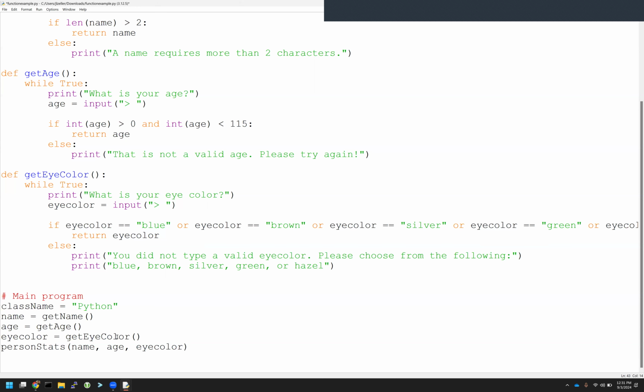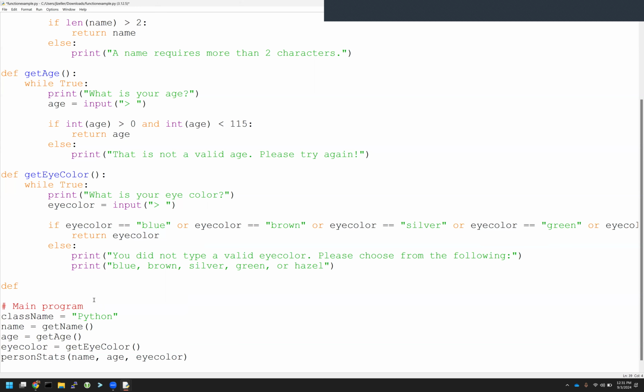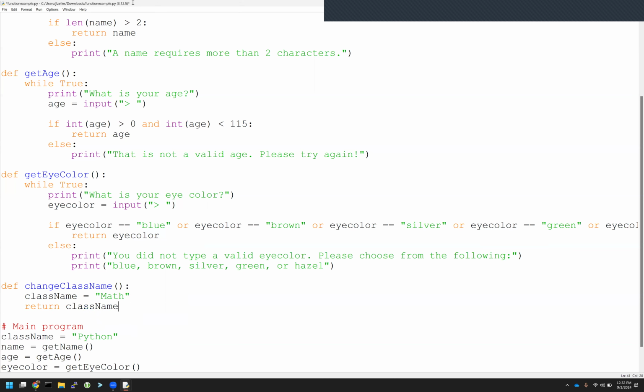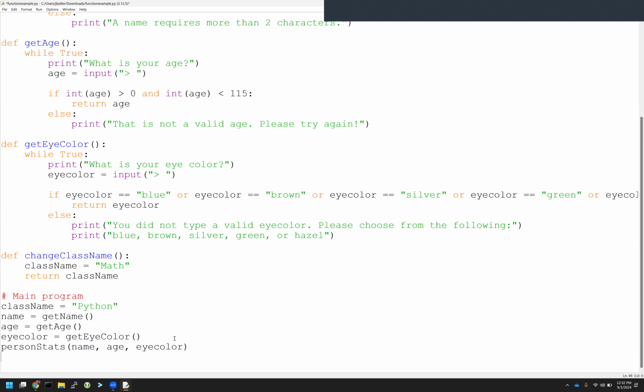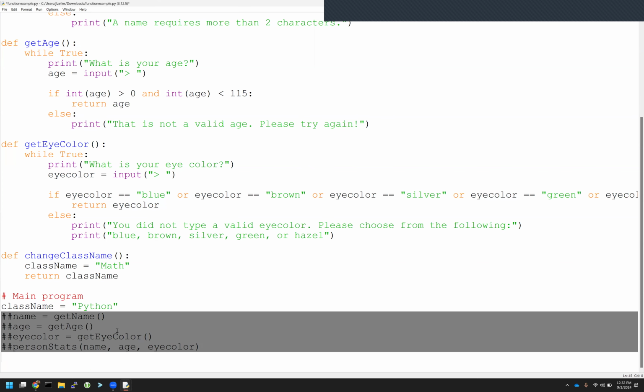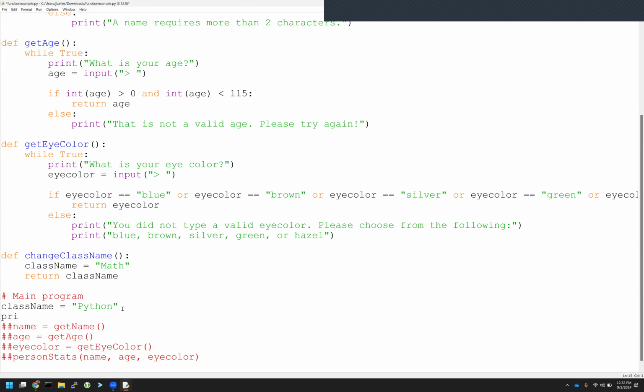Great. Okay. So we have this class name and we want to modify that class name. So def change class name. And to modify that, we can't just say class name now equals math, right? And then return class name. If we did this and run it, whoops, let's do something that actually shows this. So let's do, I'm going to comment this out for the time being here. And I tell it to print class name,